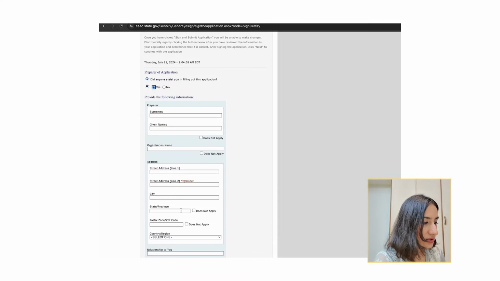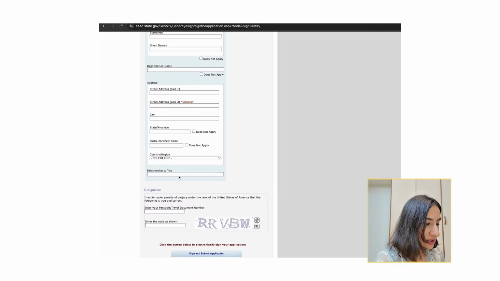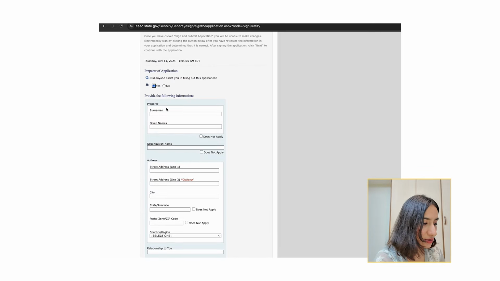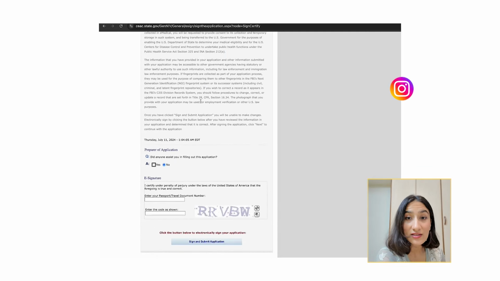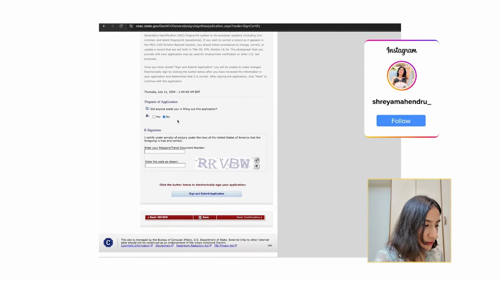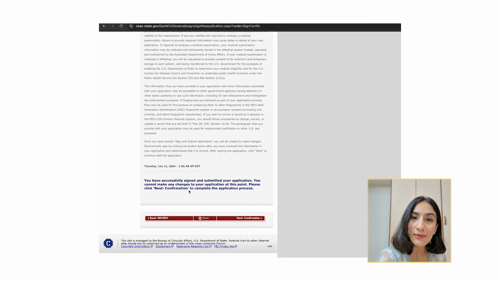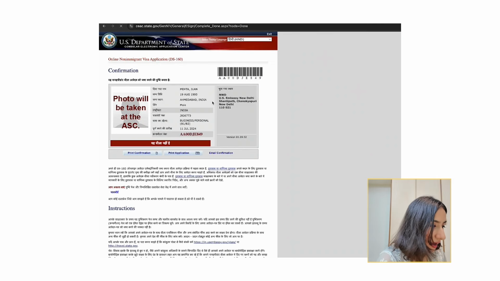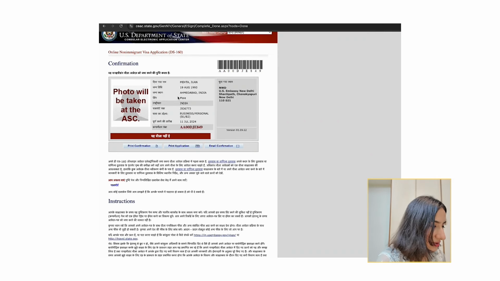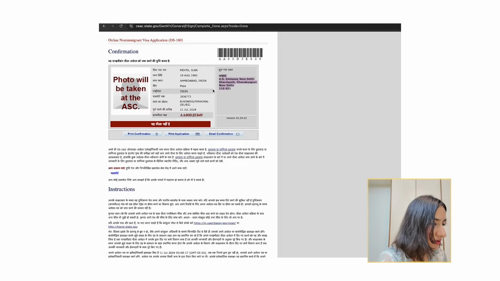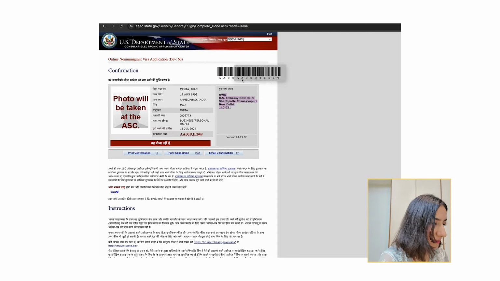And now once you have added those details, after doing the e-signature, you will get the confirmation here itself on the website, and then also you will get a confirmation on your email. So this now finally is done, and let's see. So here it is. Yes, this is the final page, the final confirmation. This number also matches with the application number that we had in the beginning, so that's matching.